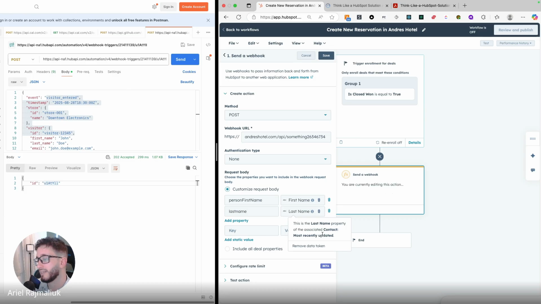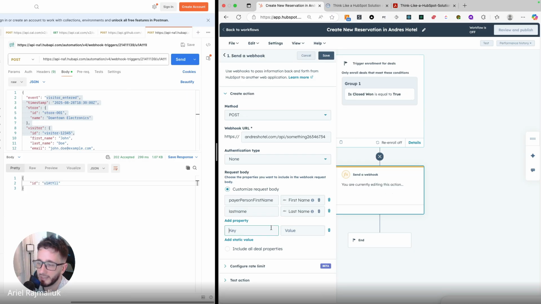So maybe that deal has 5 people because it's John Doe, Jane Doe, and 3 kids. But maybe Jane paid and she's the one who used her credit card. So you will use that association label and you will find it here as payer. I don't know if that's the way to call it, sure. But payer person first name. That's how you use association labels along with this.